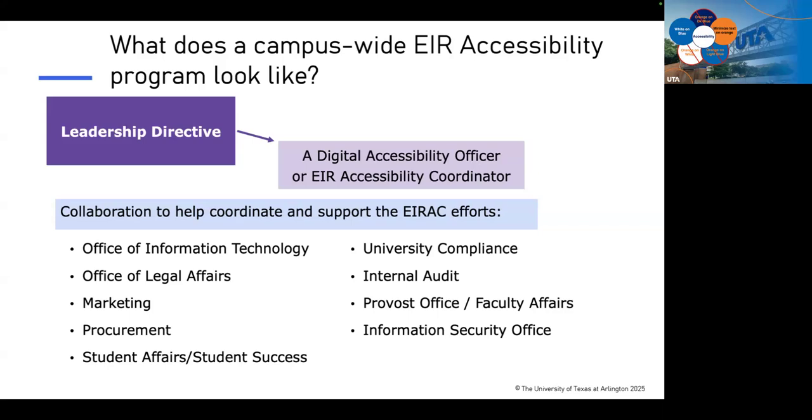This is your syllabus template. Now, for fall of this year, we are opening that up some to some multiple options for accessible syllabus templates. They've had one that they've been required to use, but we've had some bandwidth that we can give them some more options. But all of that has come because of our leadership directive, okay? It is not